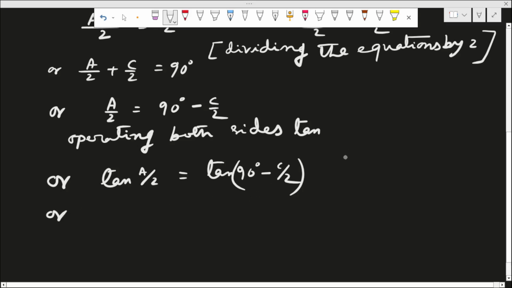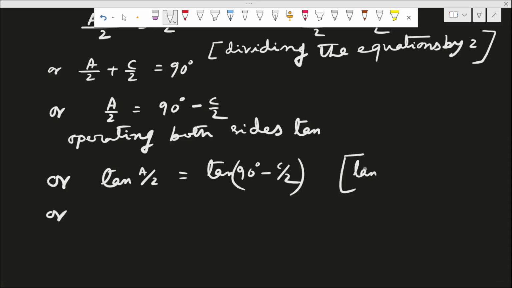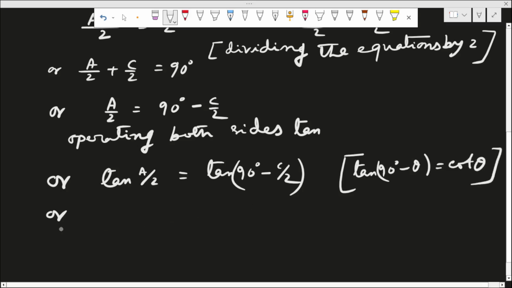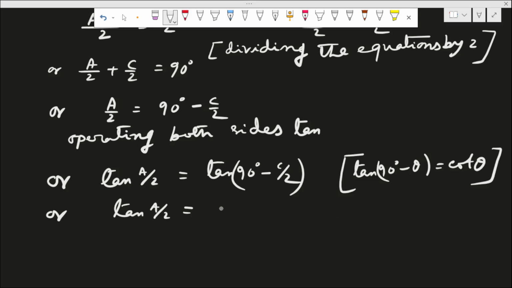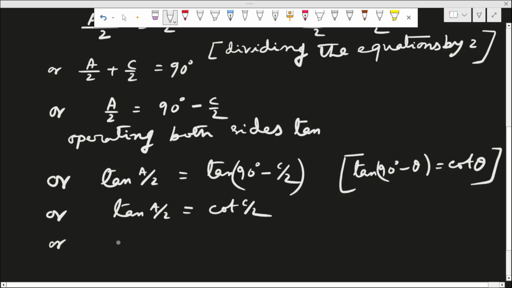There is a formula in complementary angles that tan of 90 degrees minus theta is equal to cot theta. So tan A by 2, according to this formula, is equal to cot C by 2,